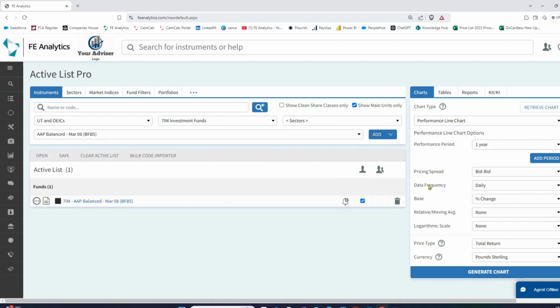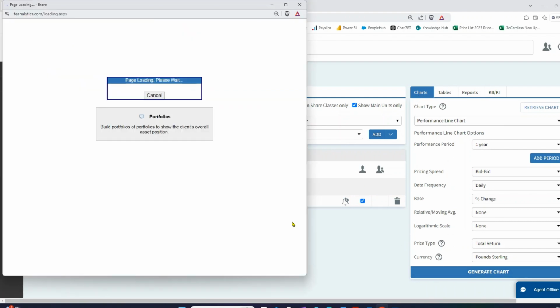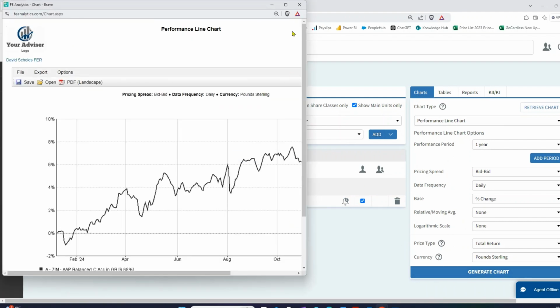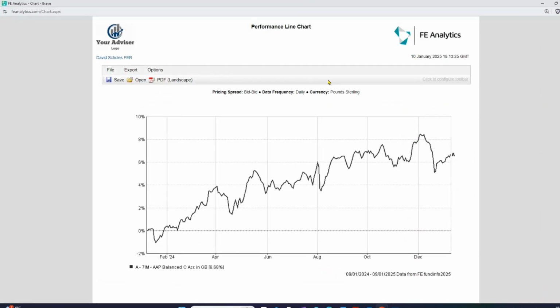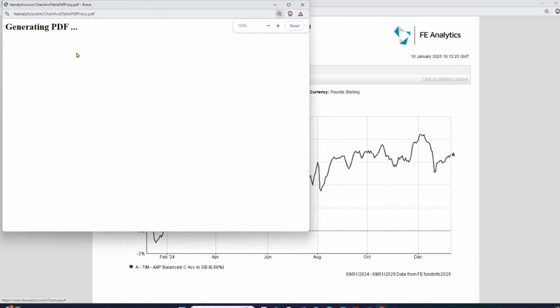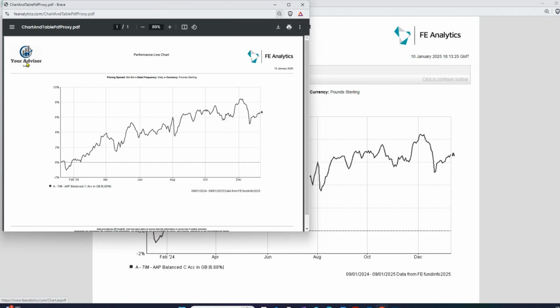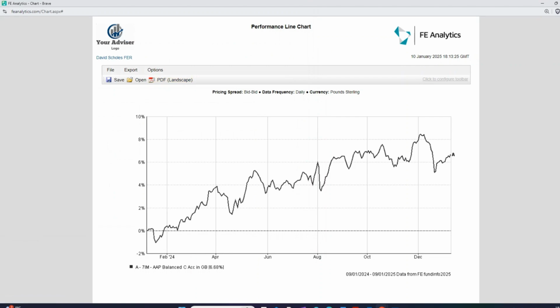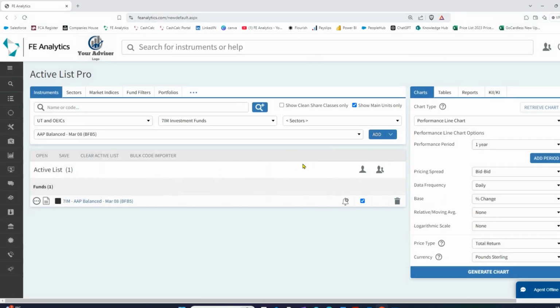And on the right-hand side, what do I want to do with that data? I want to throw that into a performance graph, just simply over 1 year. This is under charts, and click on generate. And again, it will always do whatever I request. It's going to take that fund, a line chart, smash them together, and it creates a 1 year line chart of that fund. And if I wanted to take that away to show a client, I can PDF the output with my logo in the top left-hand corner. But alternatively, if I don't want that, I can close it all down. They're pop-up windows, and we can go again.